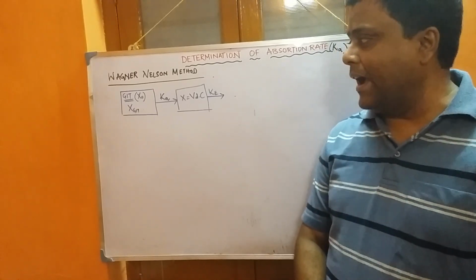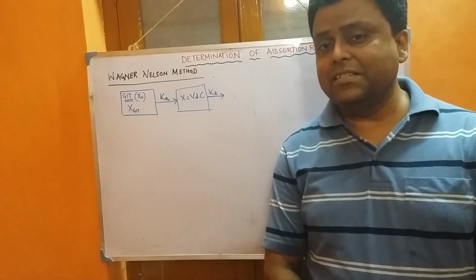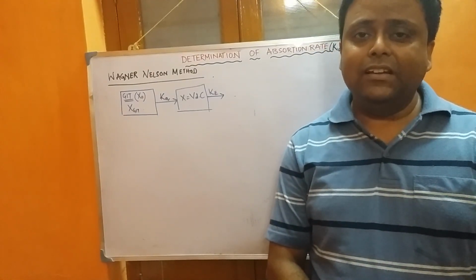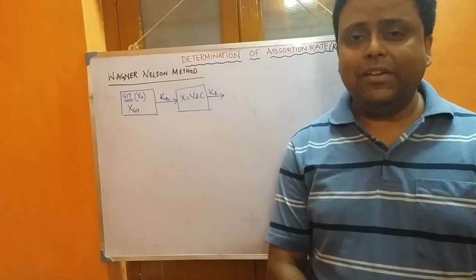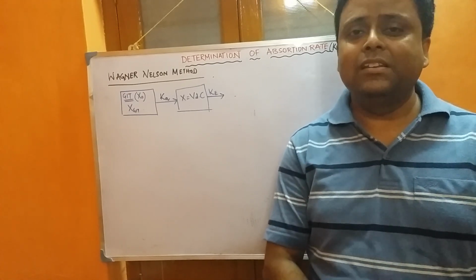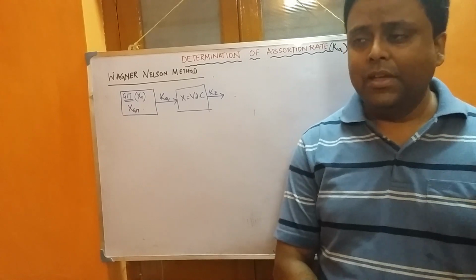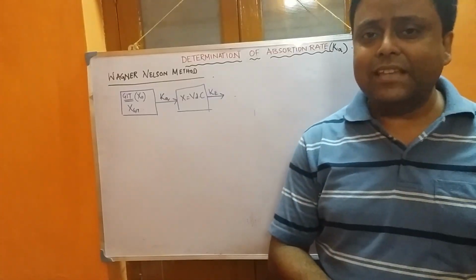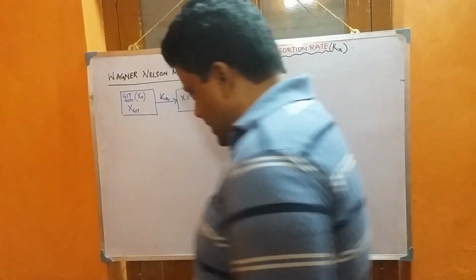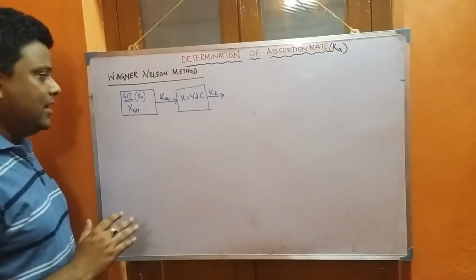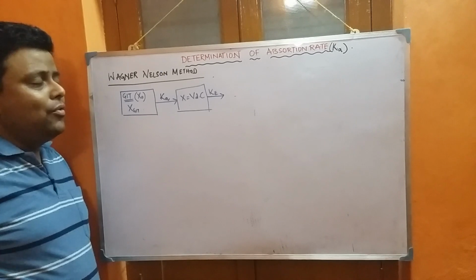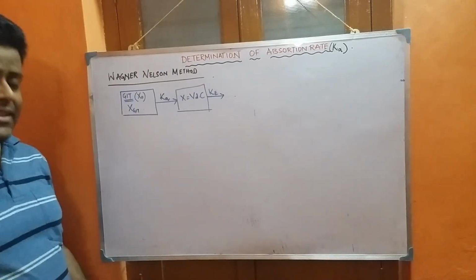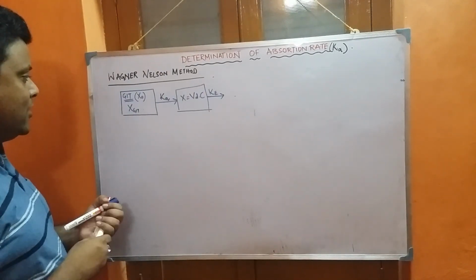Whereas for the Wagner-Nelson method, we don't make such assumptions, and it is also not totally a graphical method, it doesn't totally depend on the graph. So let us see what it actually is. Here, this is the consideration we have to make when we go for the Wagner-Nelson method. We assume that